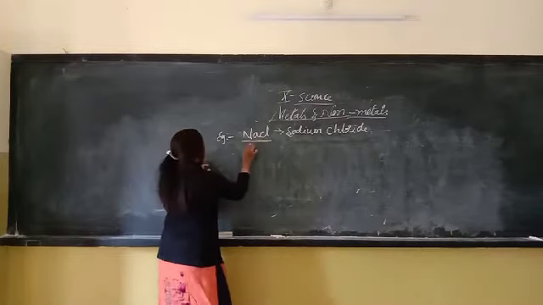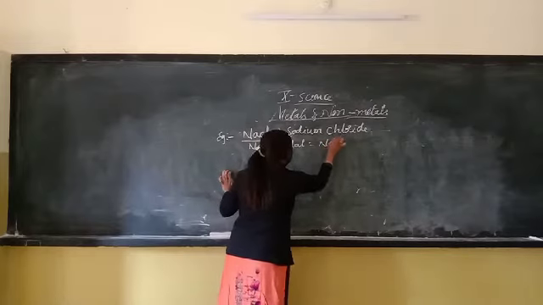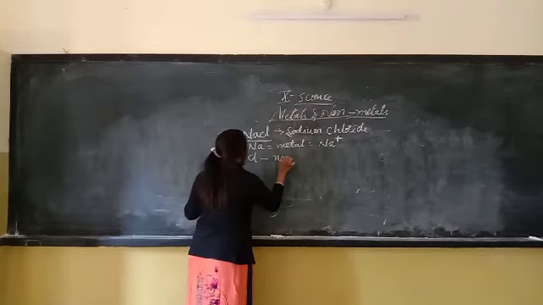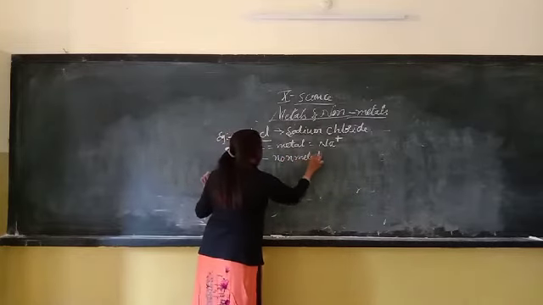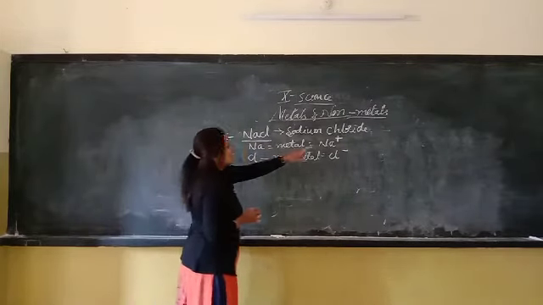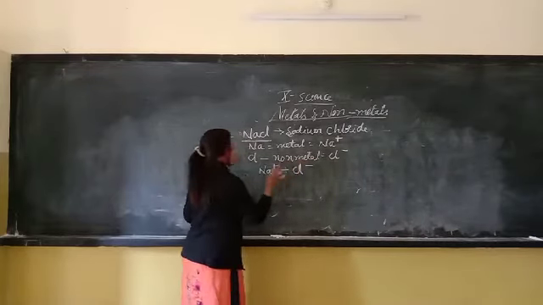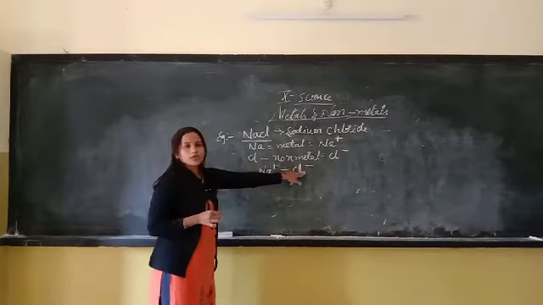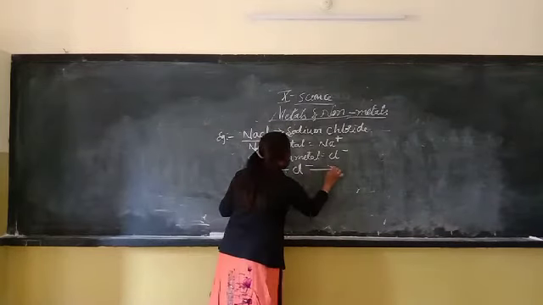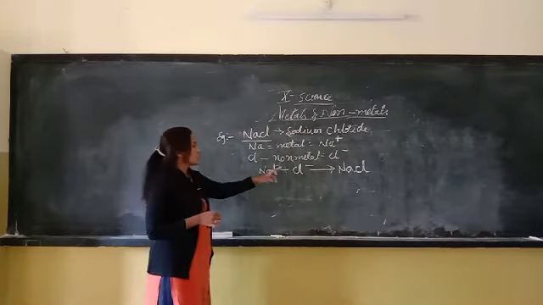Sodium, chlorine. Na is a metal which carries a plus ion. Chlorine, Cl, is a non-metal which carries a minus ion. Understood? So this will form, see, Na plus Cl minus. When the positive and negative ions get attached, then it gives NaCl. Understood, children? NaCl is nothing but